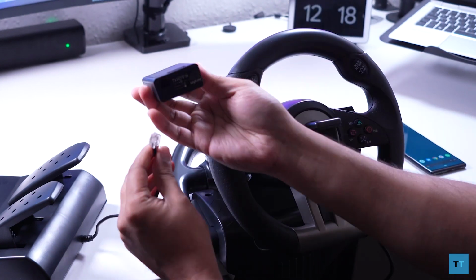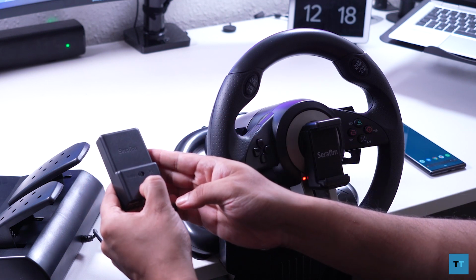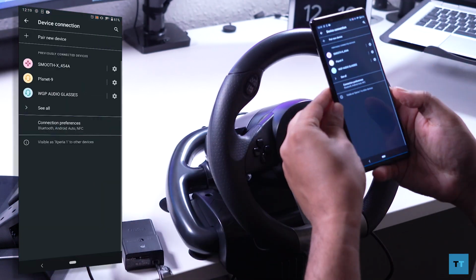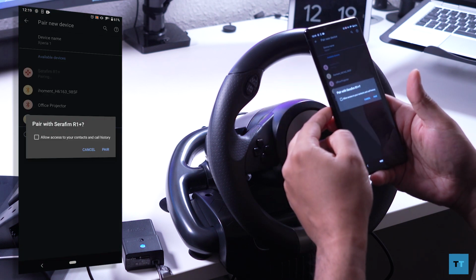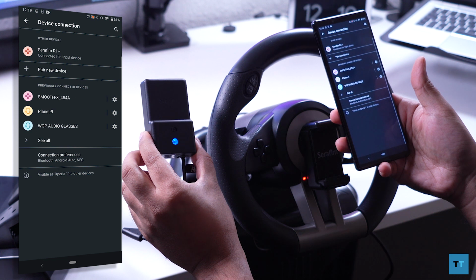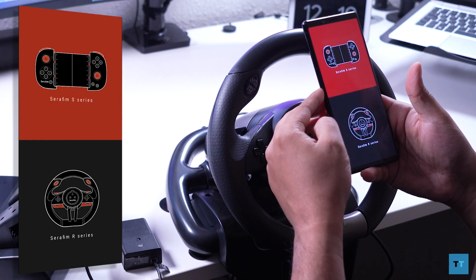on. Plug the RJ11 connector from the pedals into the Bluetooth box, then hold down the power button for about 3 seconds and the LED should start blinking blue. Go to your phone and into Bluetooth settings, tap on pair new device and then select Serafim R1 Plus. Accept the pairing request, then give it a few seconds to connect. Once connected, the blue LED on the Bluetooth box will blink slowly as opposed to how it did when I first powered it on. Download the Serafim Play app from the Play Store if you haven't done so already, then